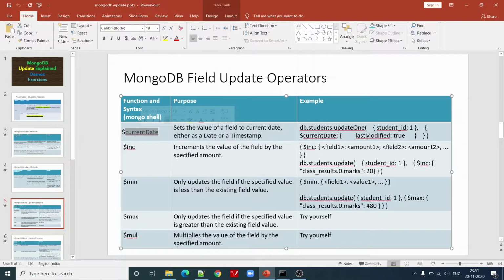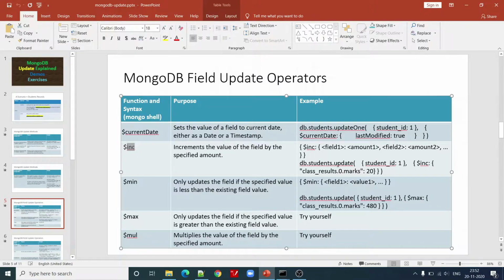Now how can we make use of the inc operator? Maybe we have some numeric field or scores field or some other fields in our collections which we want to update with some specified value. Whenever there is a new insertion or update in that particular record, we want to update the value of that field with some predefined value or dynamic value. Then this can be of significant use.